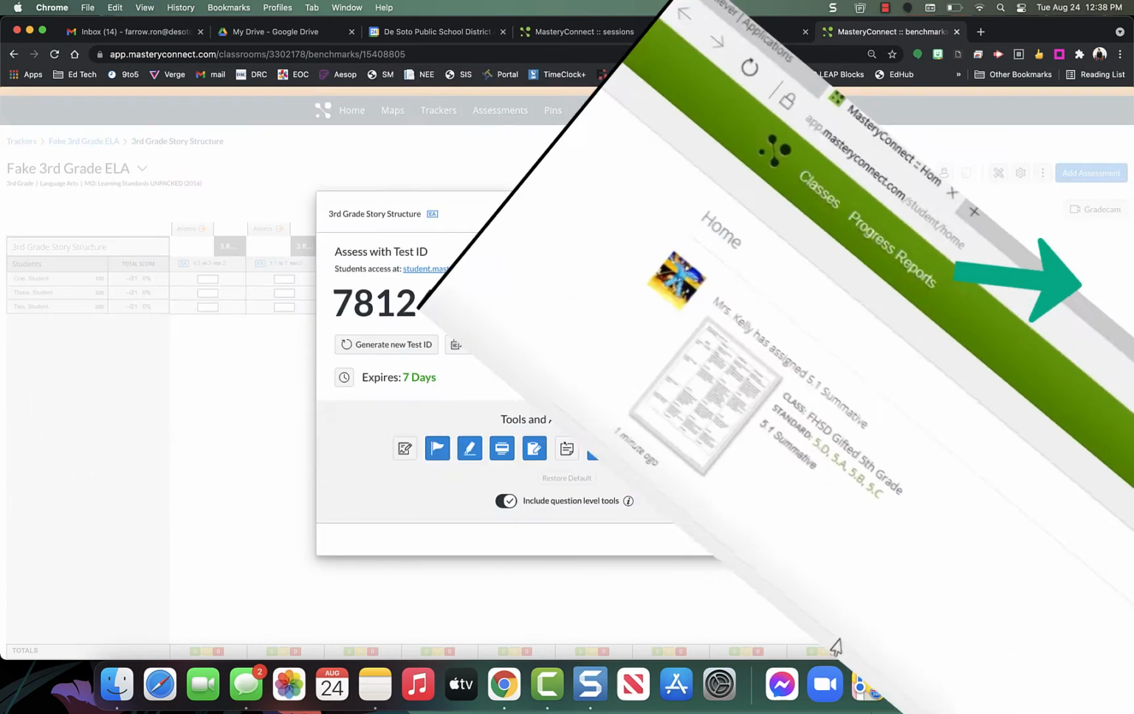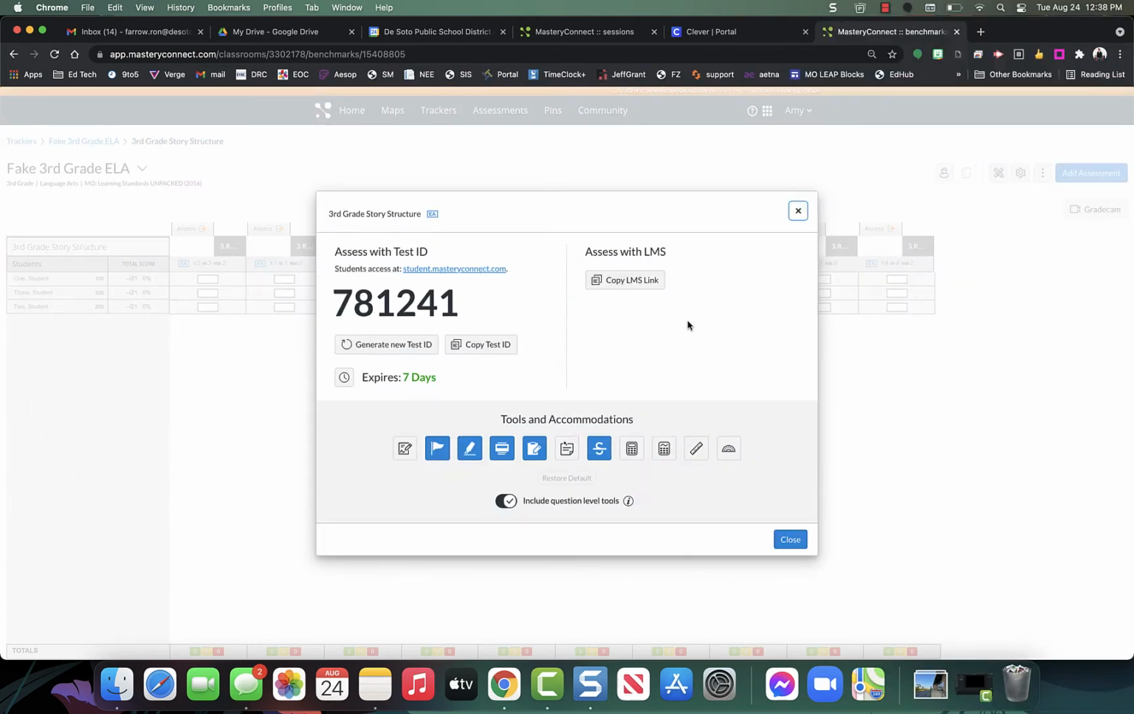Now, because I don't have that link because I'm using a fake account and it's not tied to SIS right now, I'm going to show you what the students will see when they take the assessment. So here's an ID code, and I could certainly go to Google Classroom and put in this link and the ID code and let them take it that way, but pushing it to their portal is the easiest way to give them the assessment. So I'm going to copy this test ID,